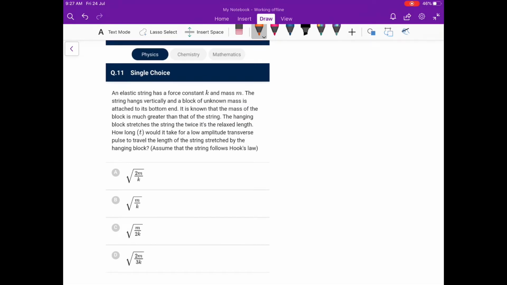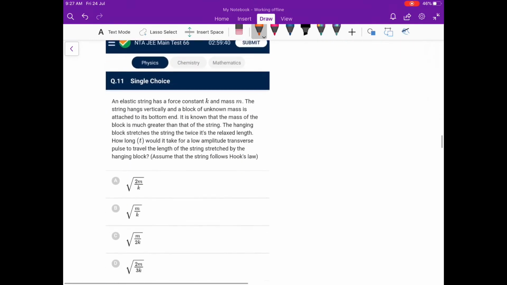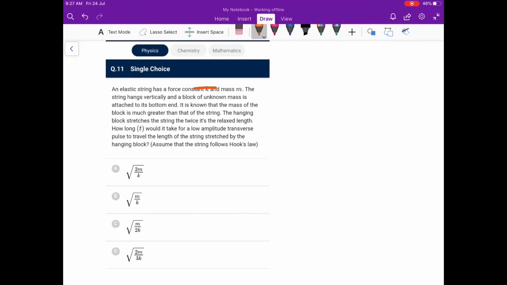Next, this is the 11th one. An elastic string has a force constant k and mass m. The string hangs vertically and a block of unknown mass is attached. It is known that the mass of the block is much greater than that of the string. The hanging block stretches the string to twice its relaxed length. How long would it take for a low amplitude transverse wave to travel the length of the string stretched by